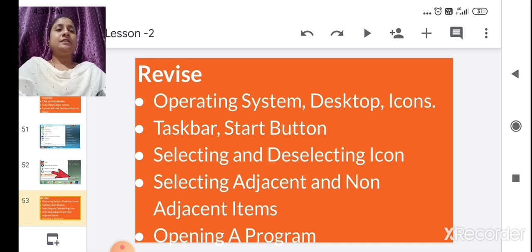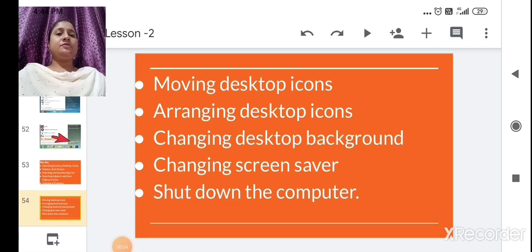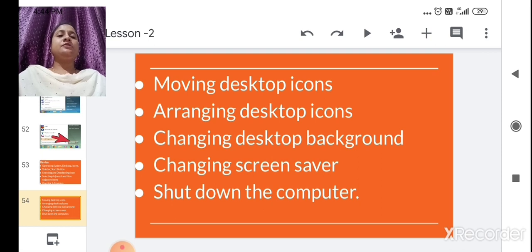Next we also learned about moving desktop icons, how we move an icon from one place to another by clicking on the icon, holding it and dragging it to the new place. We also learned about arranging desktop icons. After clicking the right mouse button, click on View.